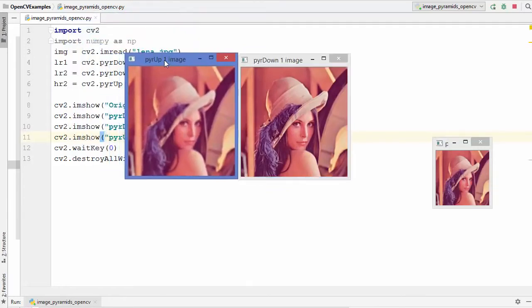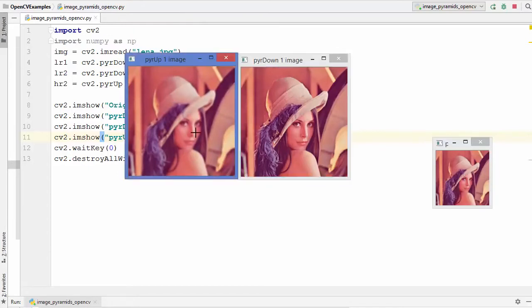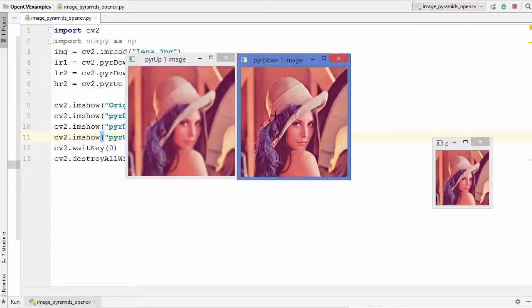So ideally this image should look like this, but you have to remember that this pyrUp image is not going to be equal to this image, because once you decrease the resolution using the pyrDown method, you lose the information about that image. So when you use pyrUp to just increase the resolution of this image, then you can see the result looks a little bit blurred,